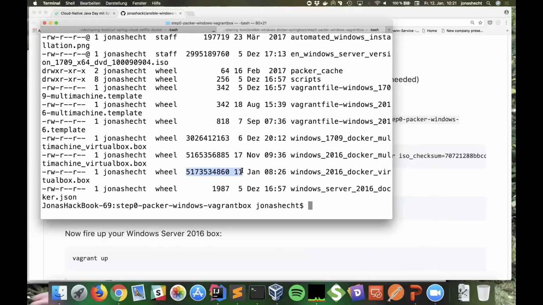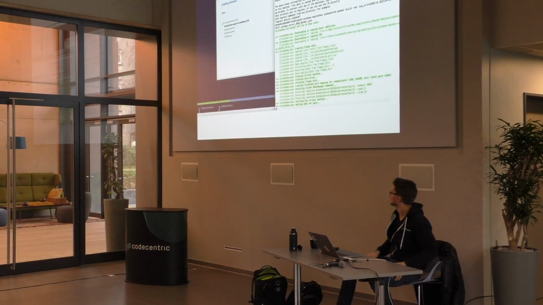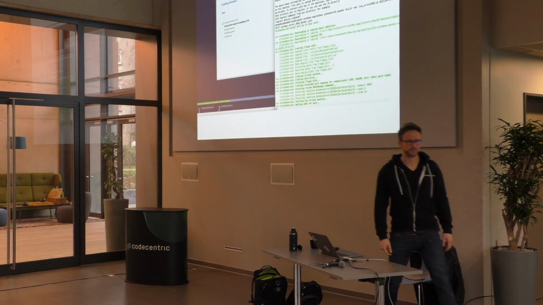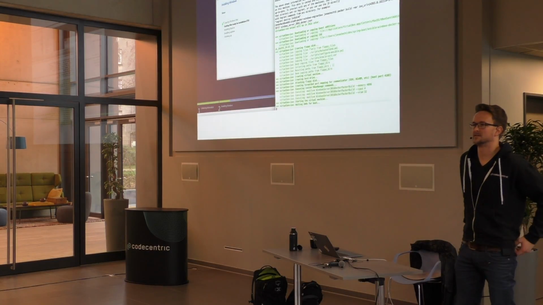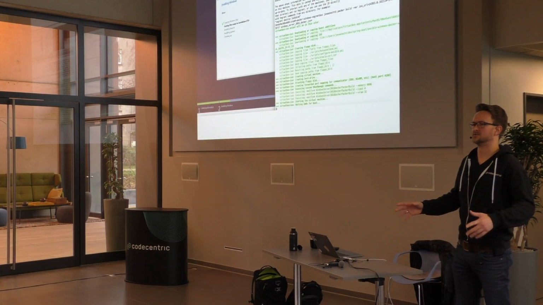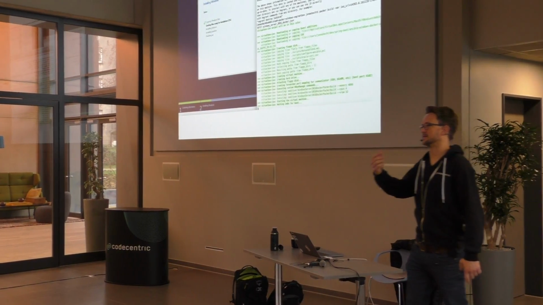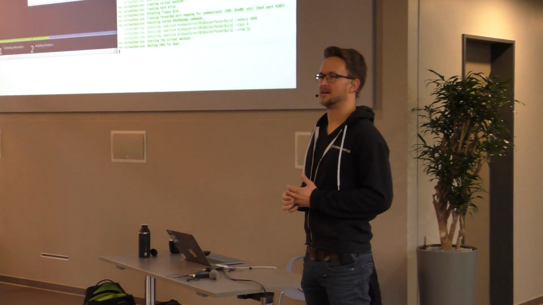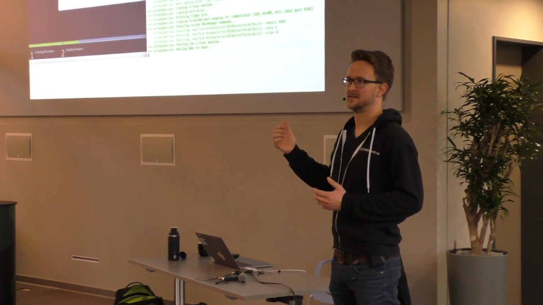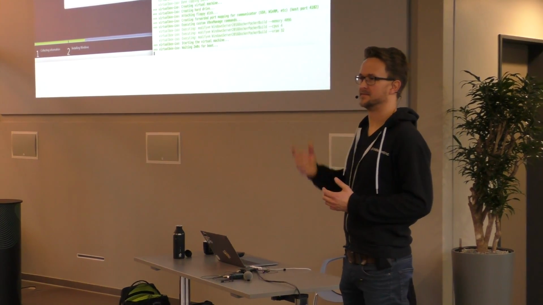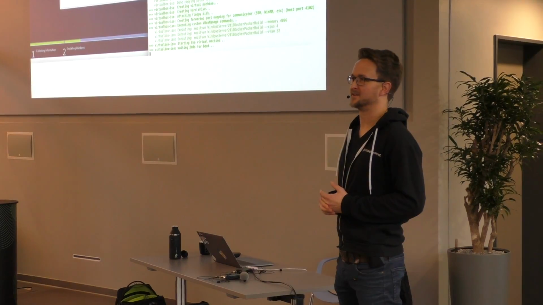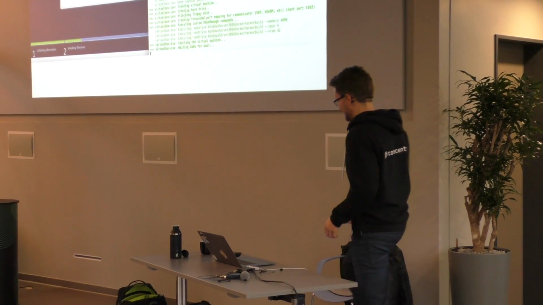Right, here's some 5 GB box from yesterday, 11th of January, and if you run this, it should look like that. So you don't have to click anything. You know this computers at your grandmother, when she calls you and she says, oh, this and that is not working? I love this setup because when my grandmother calls me, I just run Ansible or Packer here. So, no problem there.